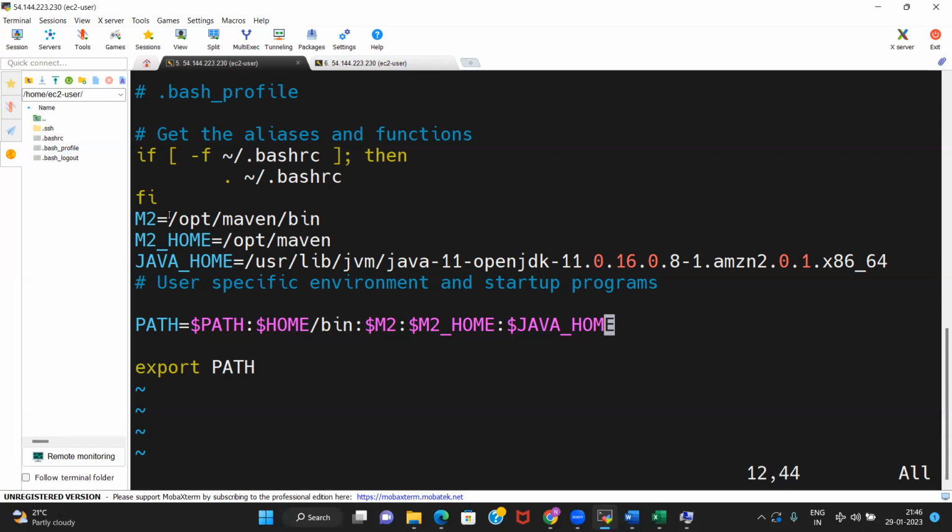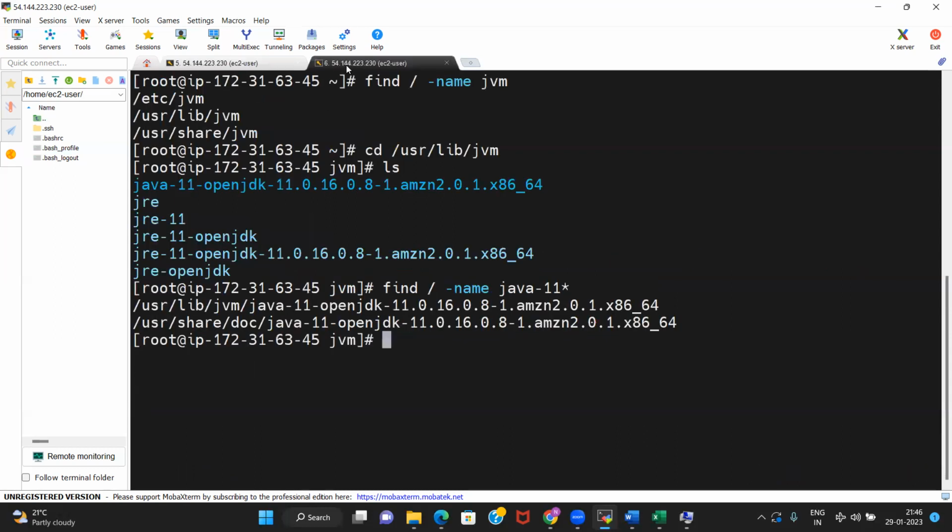Let me repeat what you have done. We have Maven in this folder, with the bin executable inside. The Maven base folder is /opt/Maven. Also, Java is available at this place.